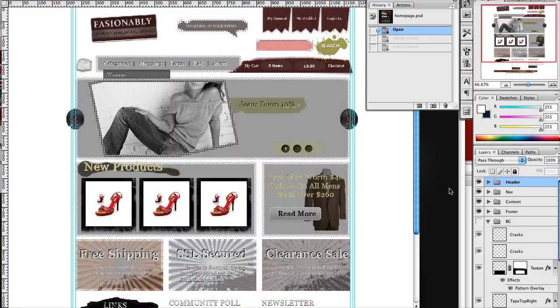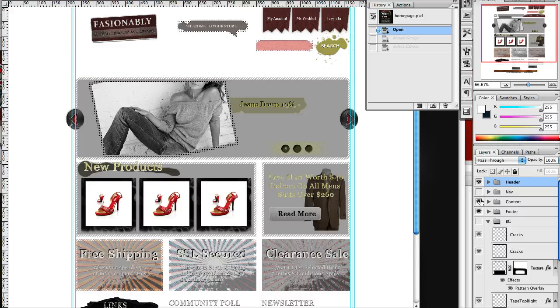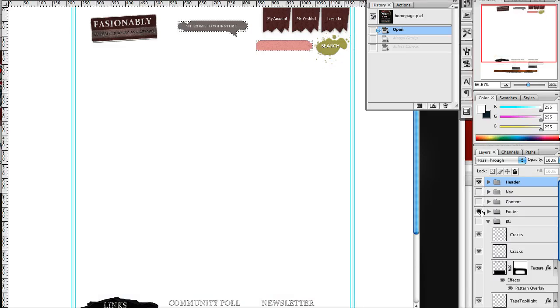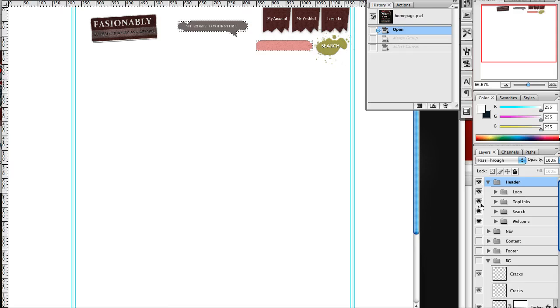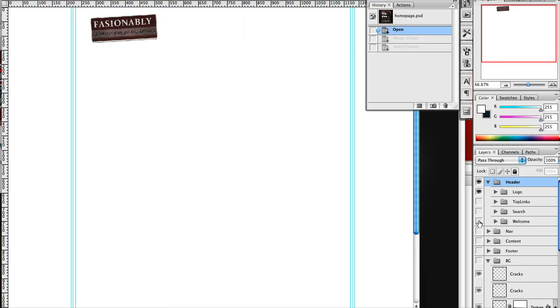And then we're actually going to wipe out the nav, wipe out the content, and wipe out the footer. And all we really want is this header here, and all we really want is the logo portion of this. We don't want the top links right now, we don't want search, and we don't want this welcome message. That's all we really want right there. Is that